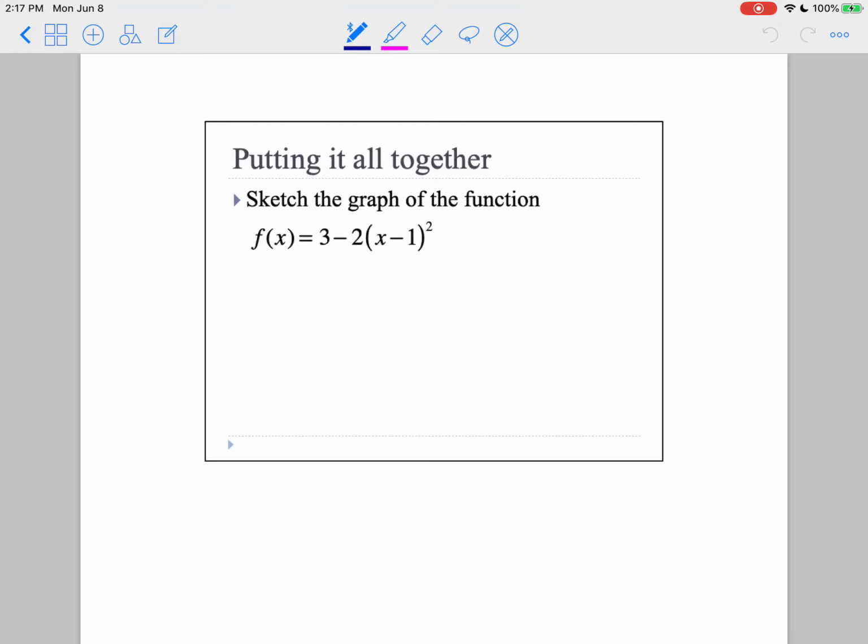Hey everybody, I'm back here and we're going to sketch some graphs putting everything together that we talked about. We're going to do horizontal shifts, vertical shifts, and also reflections and vertical and horizontal compressions and stretches all at the same time. So the first thing I want to do is make sure that my function